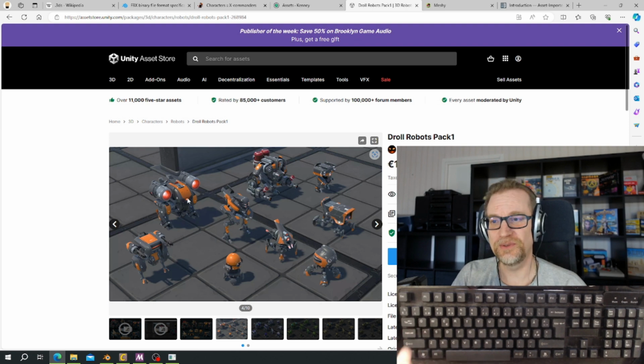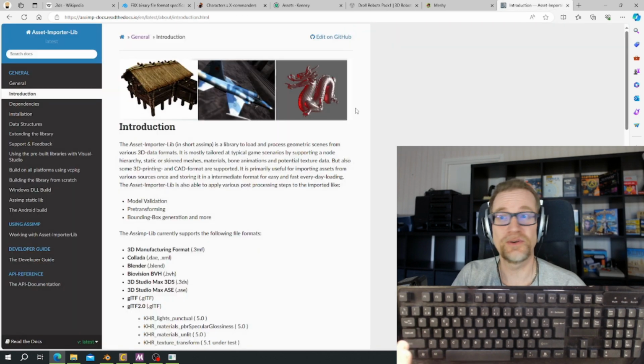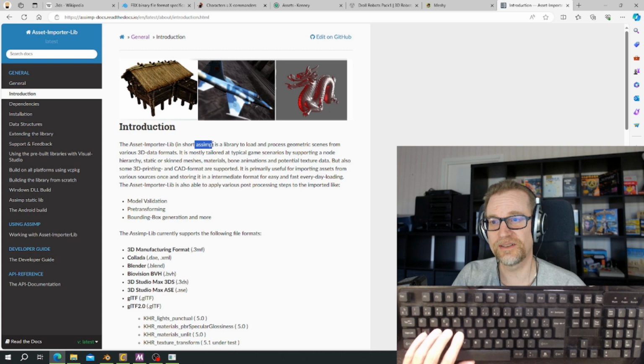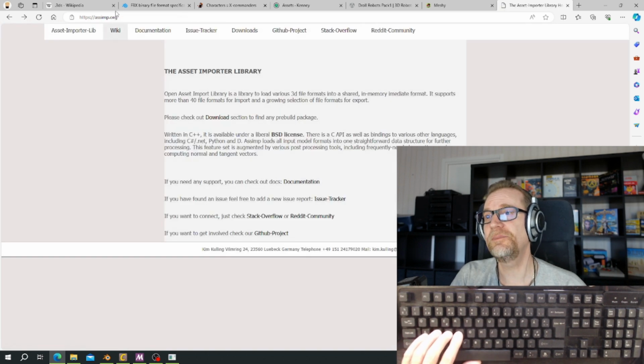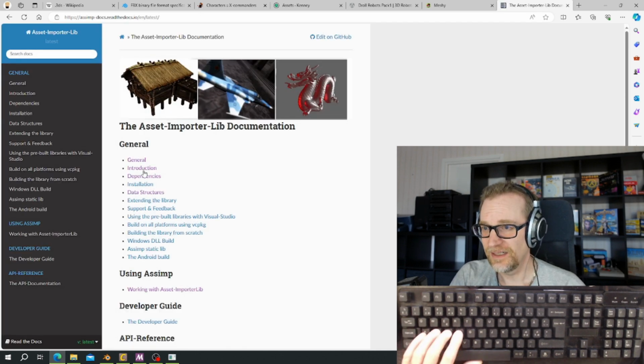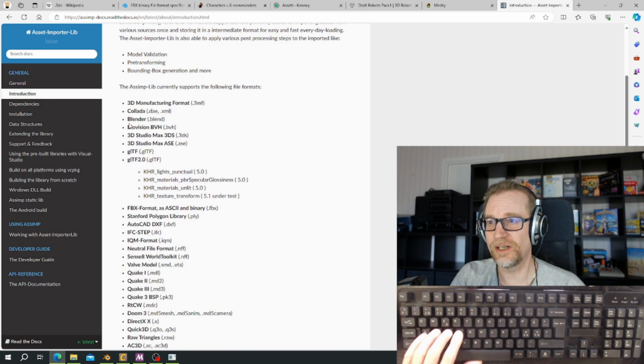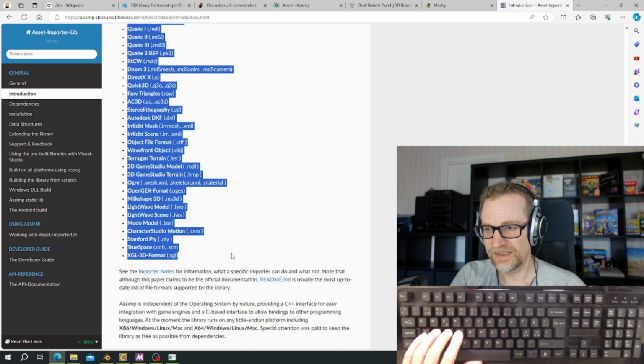And what you're going to do when you're going to load an object in code is you're going to get this library. It's called Asset Import Lib. It's from Germans and they thought it was fun to call it Assimp. I'm not sure that's as fun to Google for, but yeah, it's at assimp.readthedocs.io. I don't know, that's probably just the documentation. There's also assimp.org, and then click on documentation. And you get here, and then you have introduction, and here you have all the formats that this library can